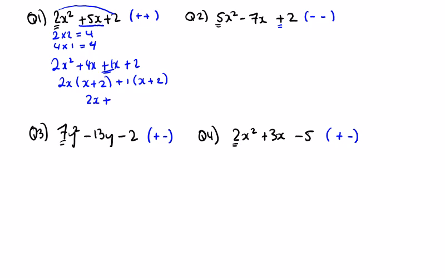So what do we have multiplied by x plus 2? We have both a 2x and a plus 1. You guys are flying along with these. 5 by 2